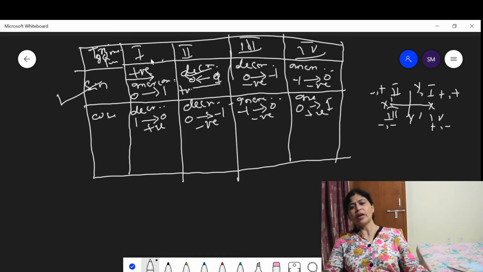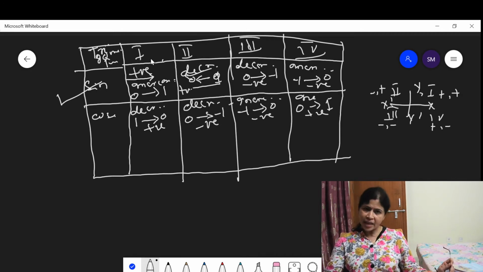In the fourth quadrant, it is in increasing mode from -1 to 0, but the values are negative because the values between -1 to 0 are negatives. In case of cos theta,